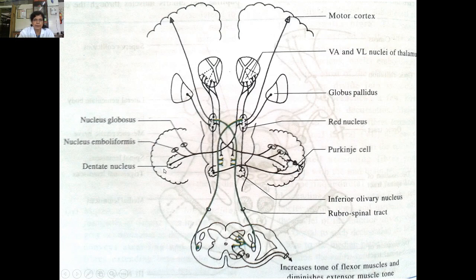So the main afferent of this red nucleus is from the nuclei of the cerebellum. That is the cerebello-rubral fibers. Then the second afferents are from the motor cortex, that is the cortico-rubral fibers. And the third main afferent of this red nucleus is from the globus pallidus. And other afferents to this red nucleus are from the thalamus, subthalamus, substantia nigra. So this is about the afferents. Then efferents of